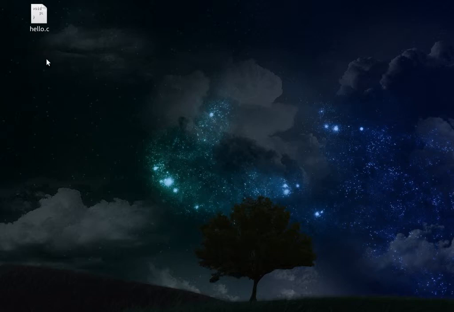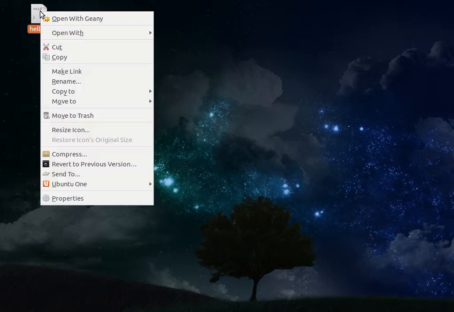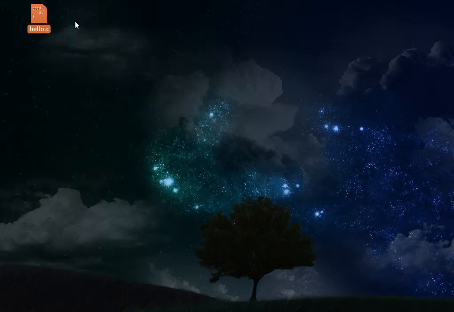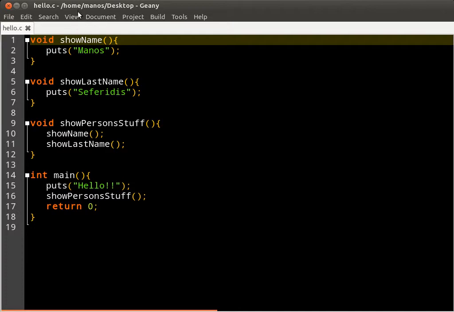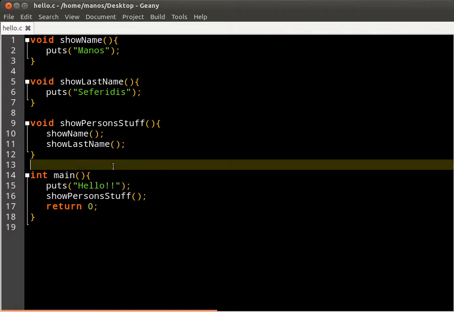I'm going to tell you a bit about comments very fast. I opened the last file I did, this with the functions, and let's see. When you write a lot of code, sometimes it's really hard to remember what you did 2-3